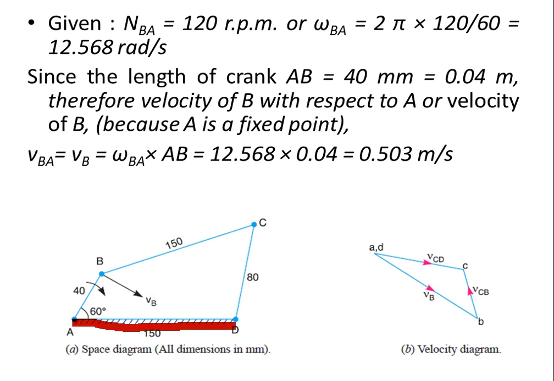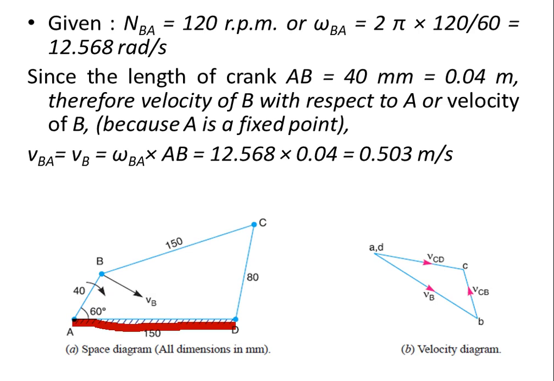Then you can take a 75 mm line. Okay, it is up to you. You can take a small scale. You can take 1:4 also. Then divide by 4, you will get a small thing. But if you take a big scale, you will get more accurate answers. That is the thing. Okay.